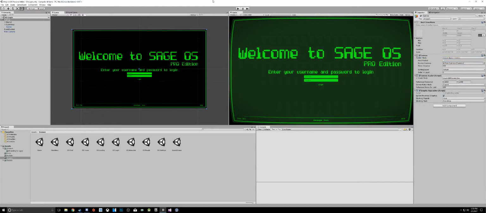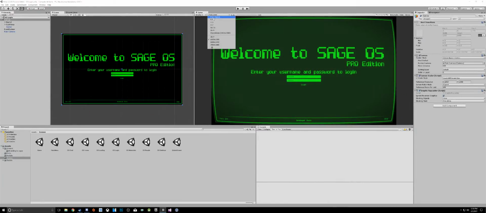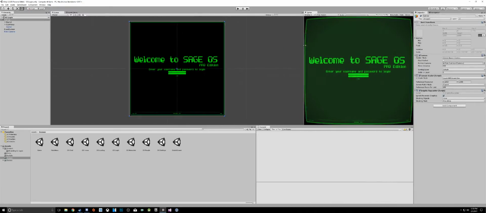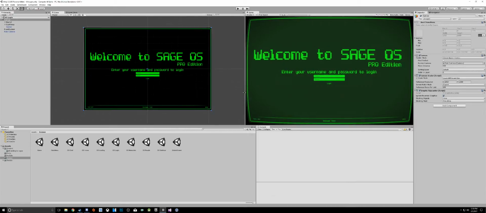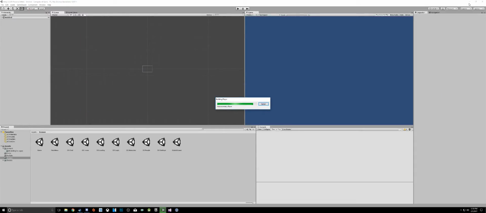with the effect. And that was okay, but when I scale in here, if I switch to free aspect, you can see that it's scaling pretty well. The border that I have made is scaling fine. It's working. But for some reason, when we do a build and run, if I just do one real quick here,